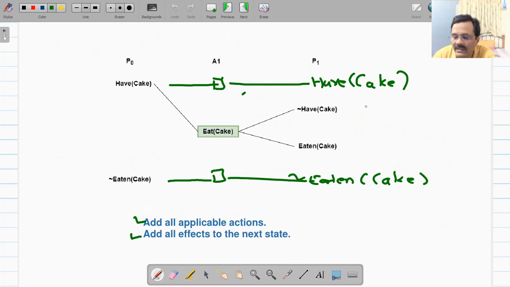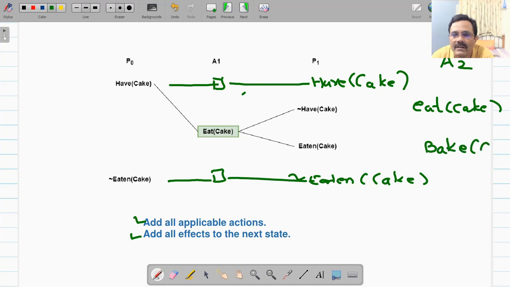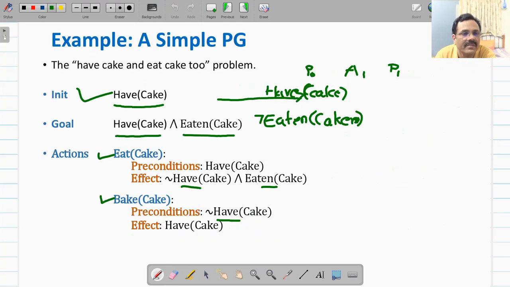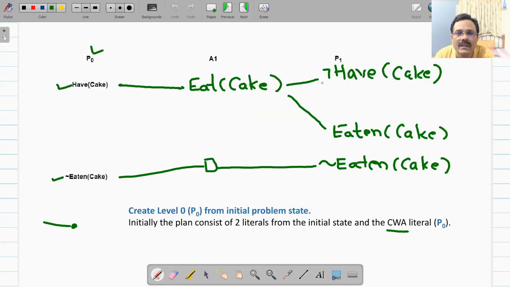So we'll do that. So here we'll have eat cake again in action layer A2. Here we will have eat cake, and bake cake also. For bake cake the corresponding precondition is not have cake. So both are available.